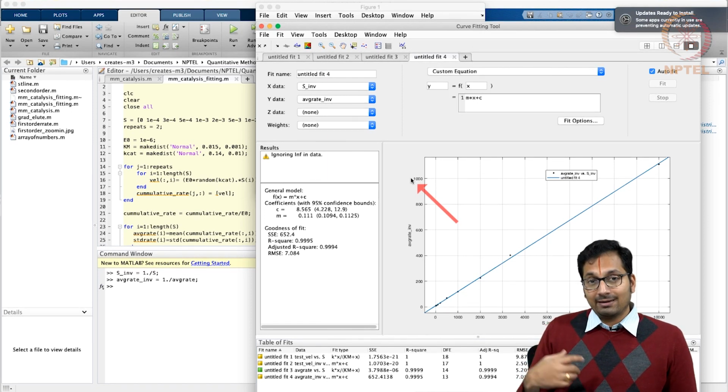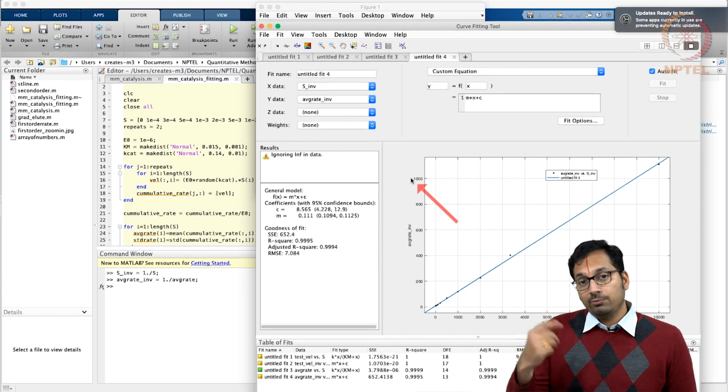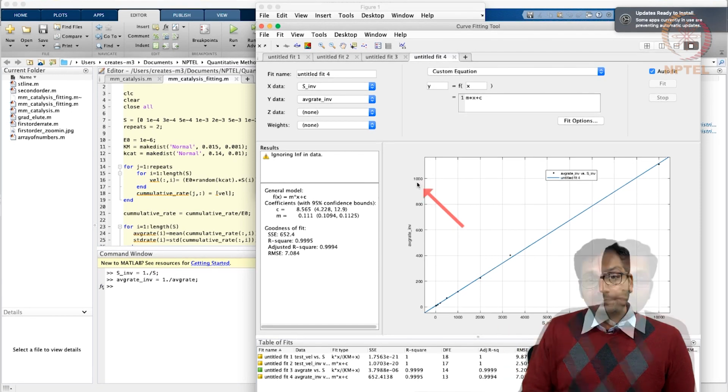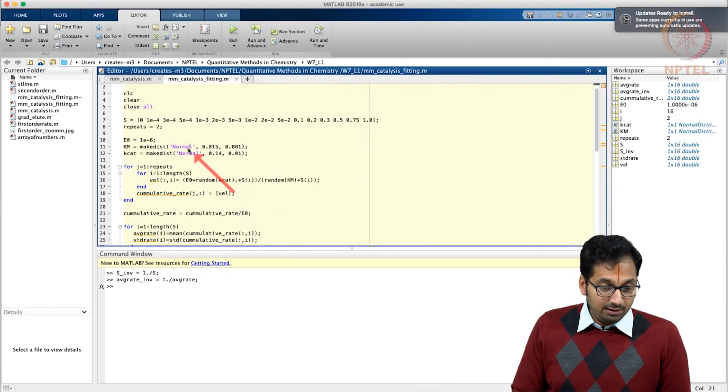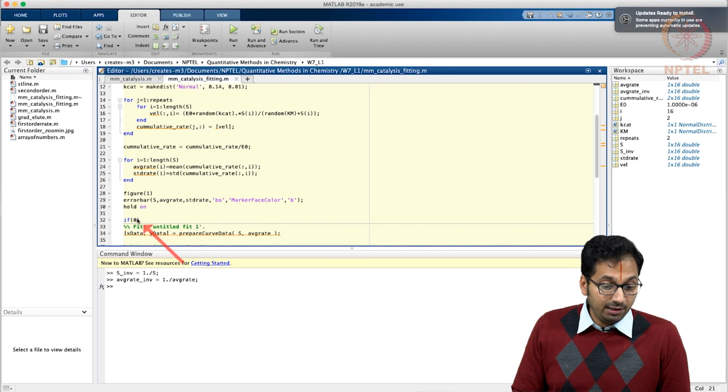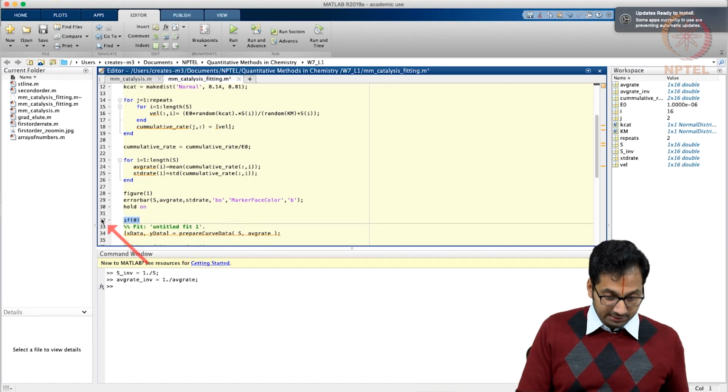Hopefully in the later week we can try to do an experiment, get experimental data and fit it, and go forward with that fitting in MATLAB itself. So now what we can do is have the same 2 repeats, and the code that I had ended up muting, right now I will erase the if statements.